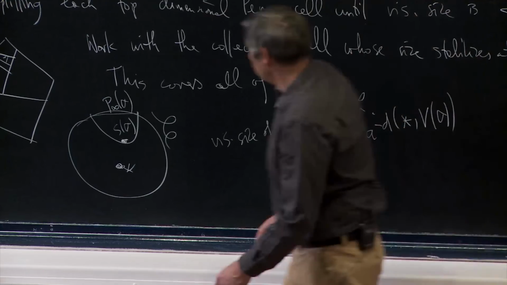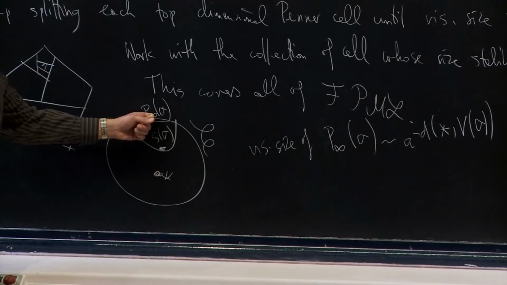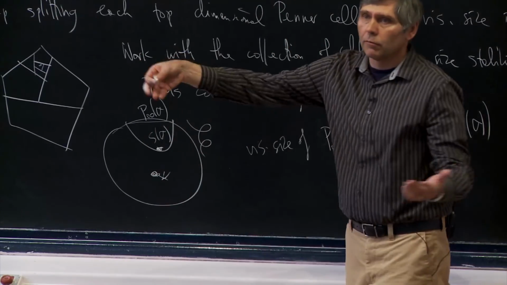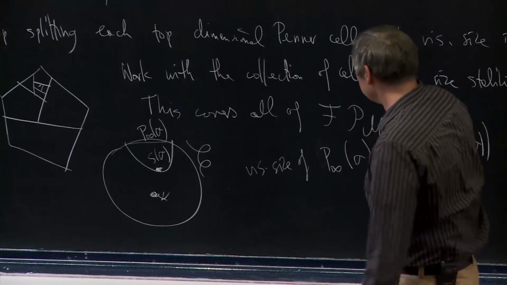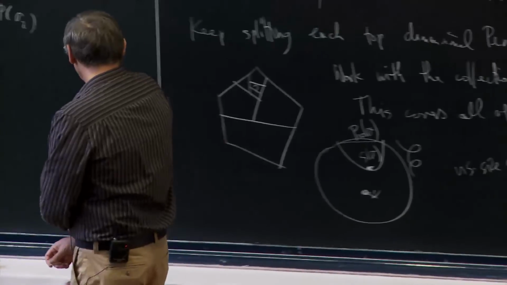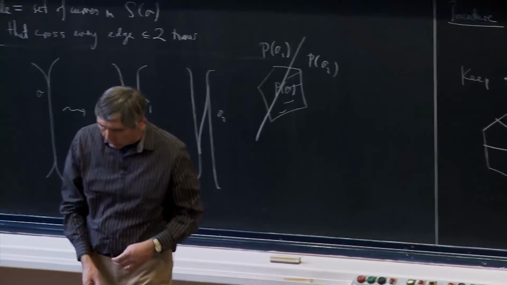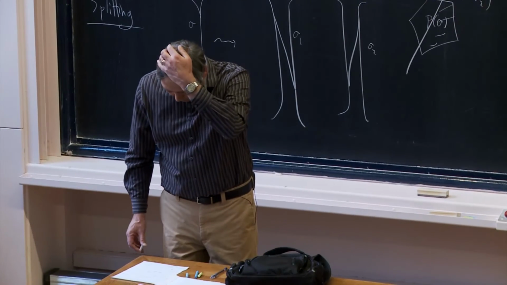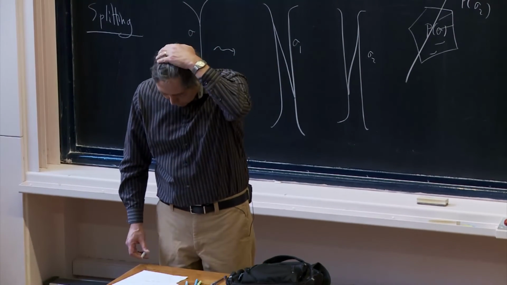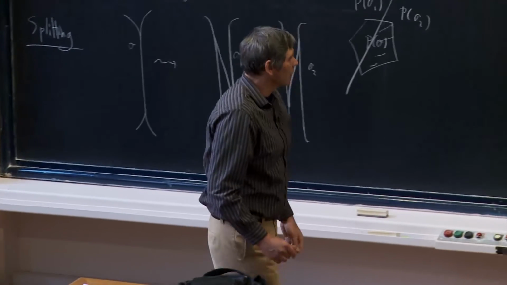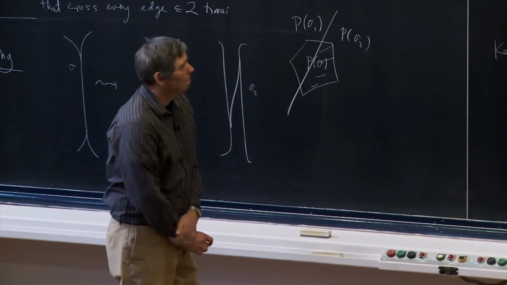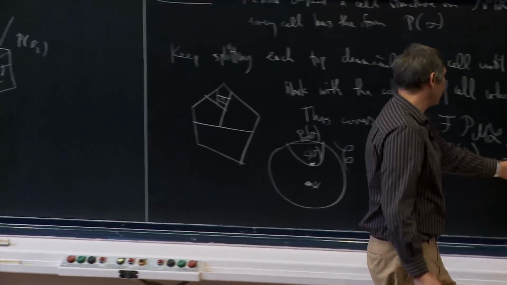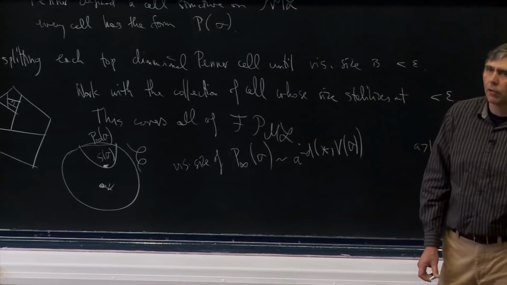In other words, when you demand that the diameter of these cells is roughly epsilon, that's like demanding that the distance between these points is roughly some fixed number, up to an additive error. Okay, so let me say in the remaining few minutes what the difficulties are and what we do to resolve this. The first difficulty is faces. We can show easily from this fact that faces of these cells also have visual size roughly epsilon.